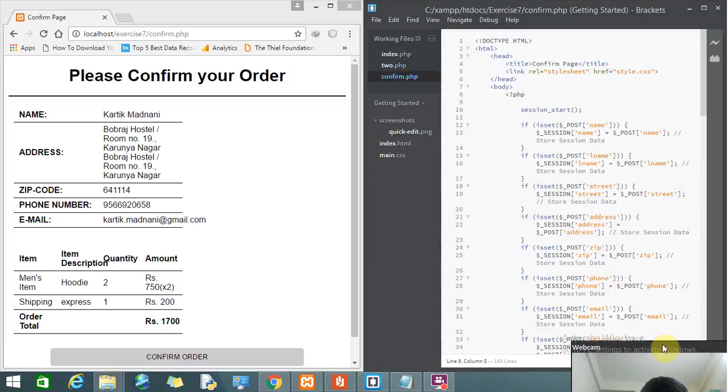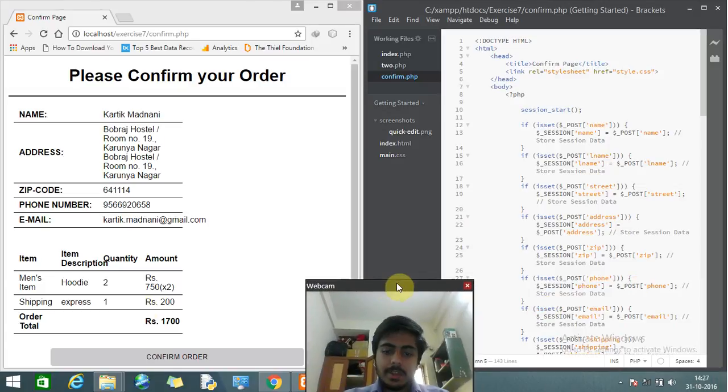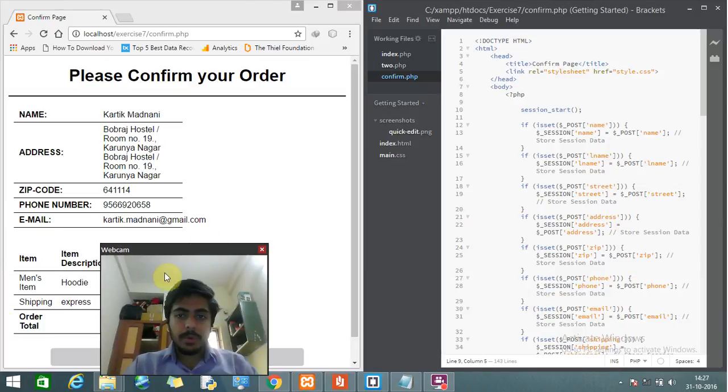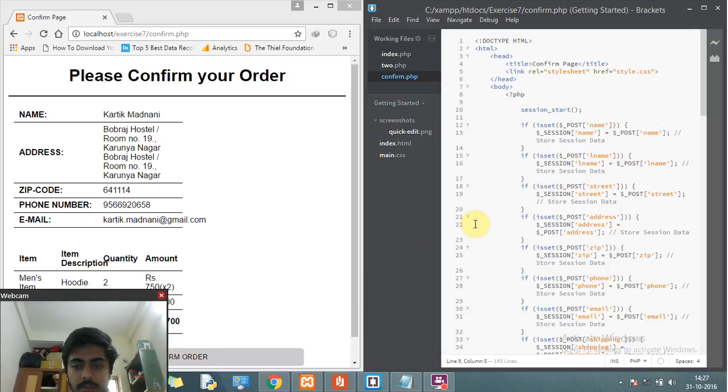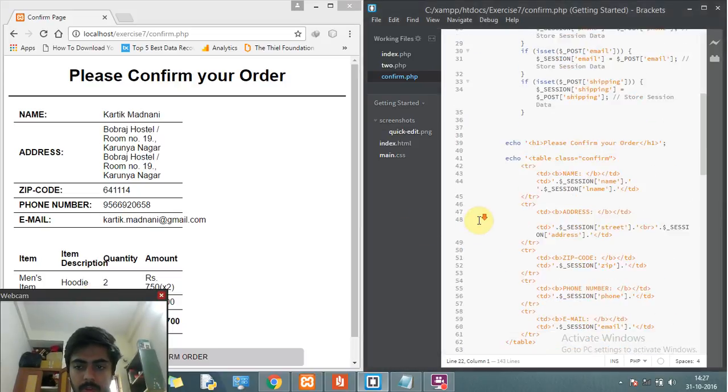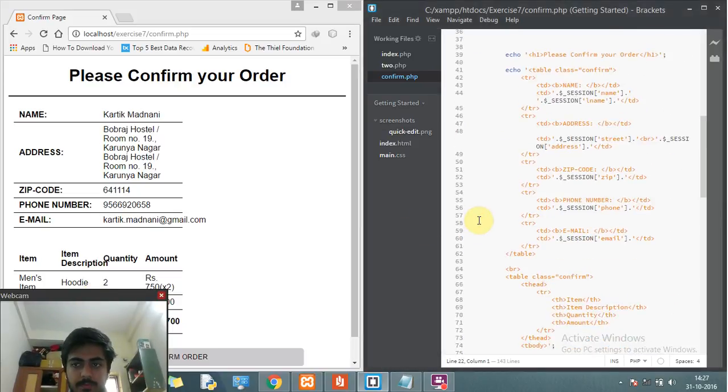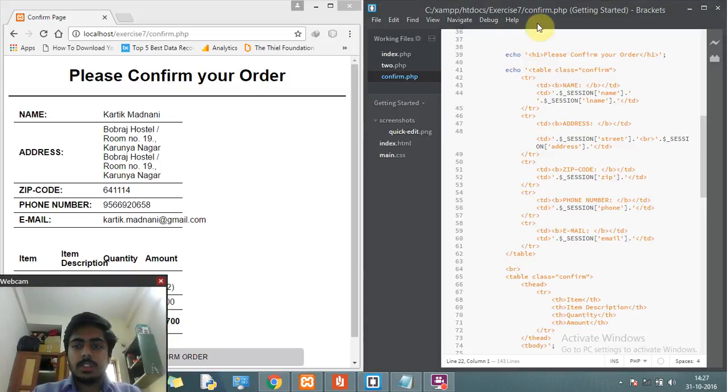Here again I have used the same session, which I will be explaining in the part of my experiment. So here's the PHP coding. I've used echo, so it's echo, please confirm your order. Then I've used the concept of a table for displaying all this. So table class is equal to